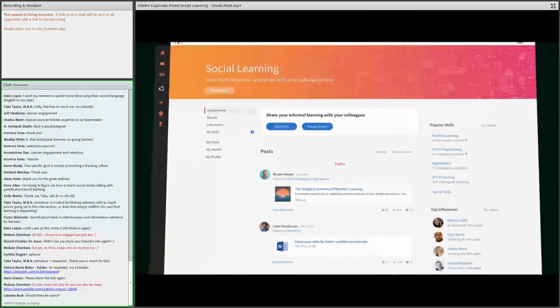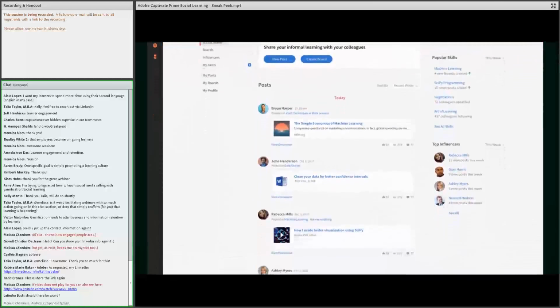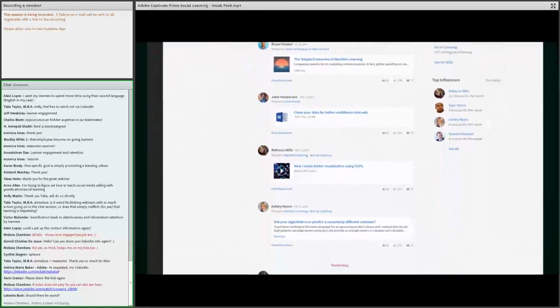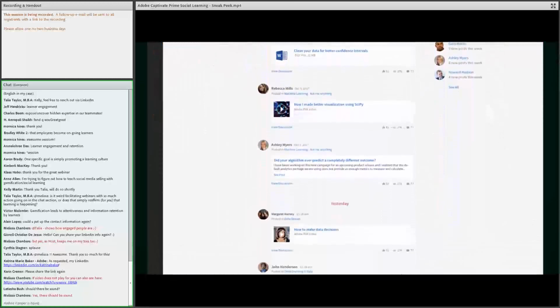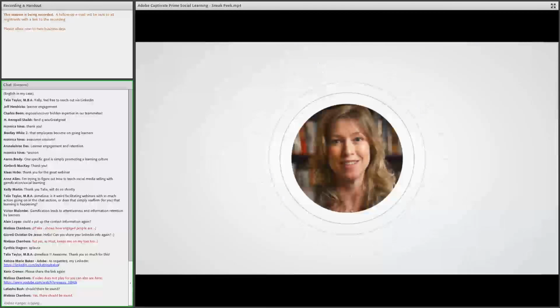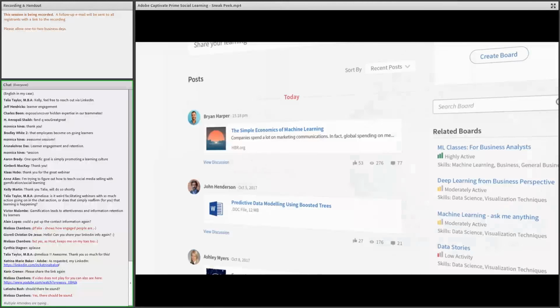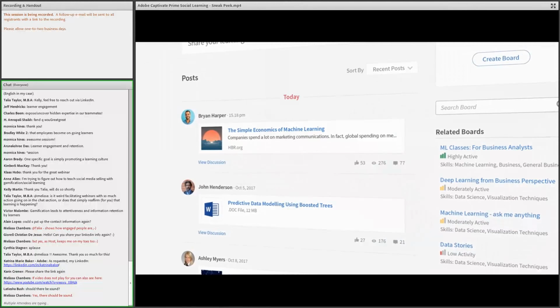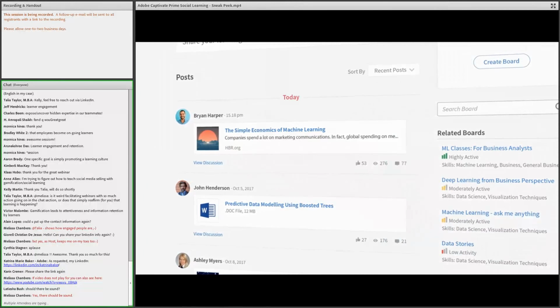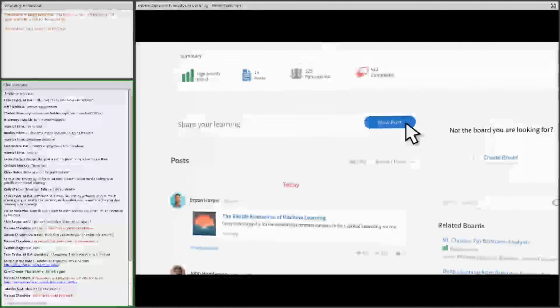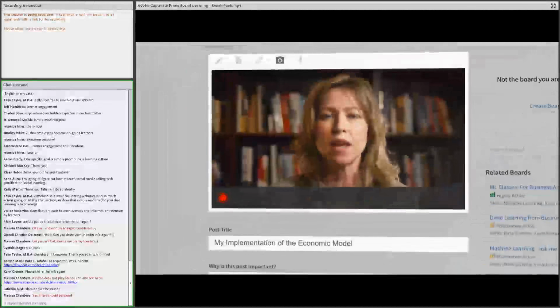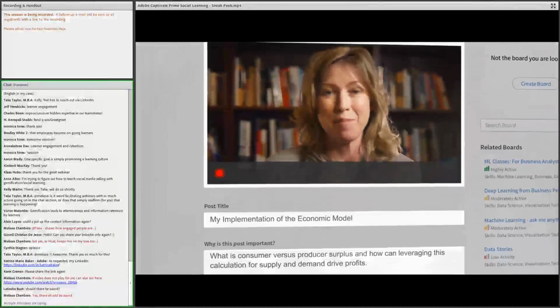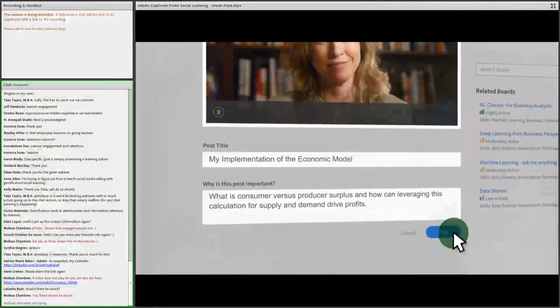On the social learning homepage, Brian can browse board posts by other learners and search by skills to find more content of interest. Another learner is Karen, who's notified about posts under skills that interest her. She logs into the LMS and reads the article that Brian posted. Karen decides to share a working example on the same topic, so she records a video using Presenter Video Express and posts it to the same board.